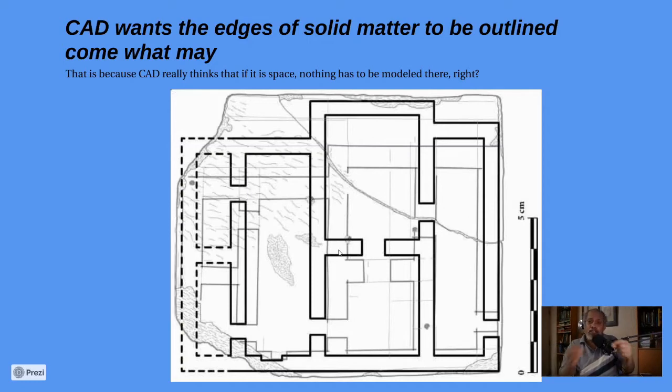Now, if you look at this, a CAD drawing actually is putting marks on the edges of built matter. So just bear with me here and trace this particular mouse which I'm moving around. This line is quite continuous, and it represents this wall, but it also represents this room, and then it goes around here, and then it happily turns here, but here it is actually representing this doorway. It is not really representing this room anymore.